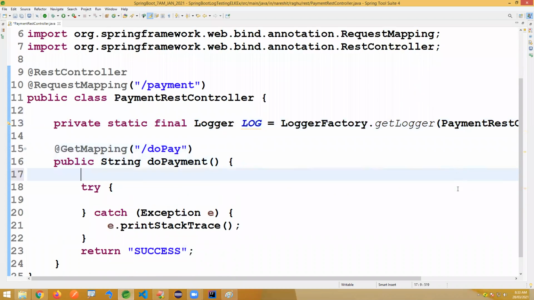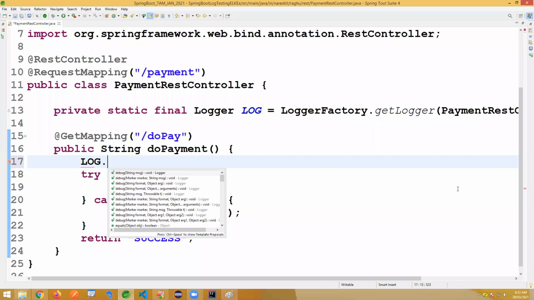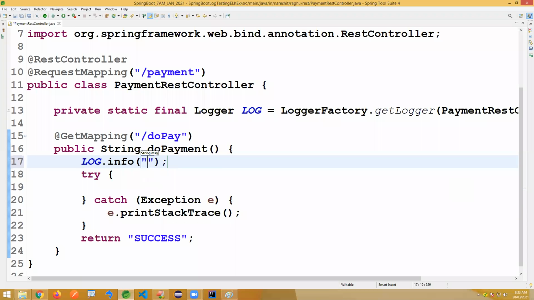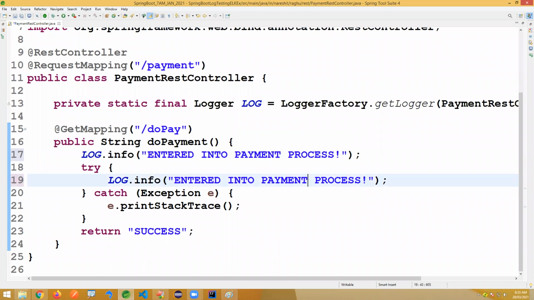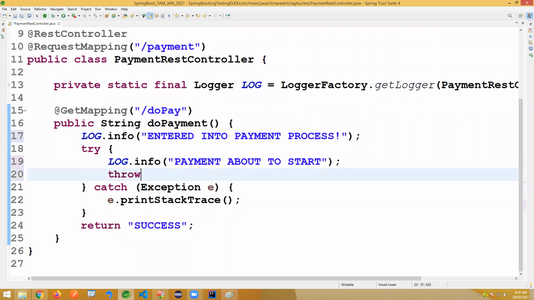Printing some messages here: log.info, entered into payment service, payment process, payment about to start. Throwing one manual exception here, throw new some RuntimeException.